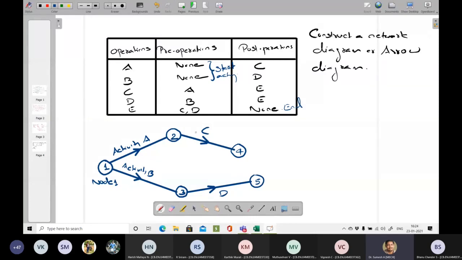C has a pre-operation of A, which I marked here. D has a pre-operation of B, which is also marked here.